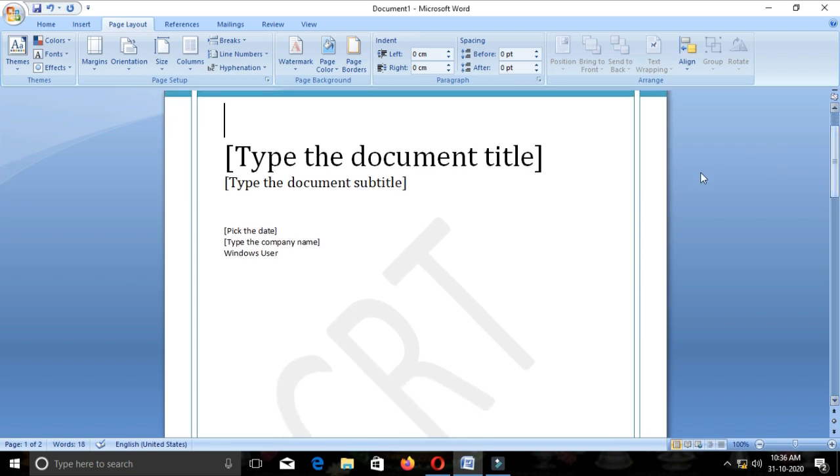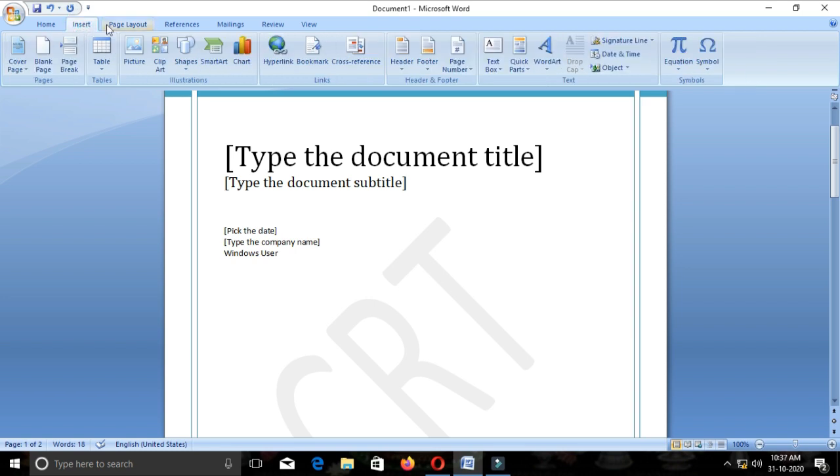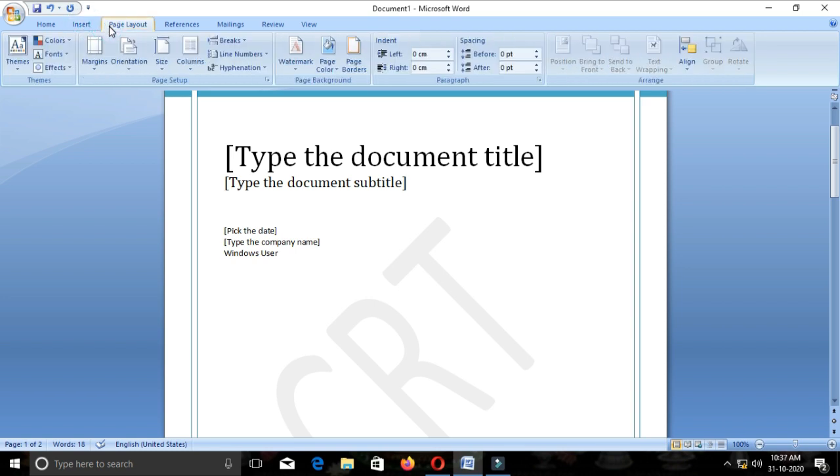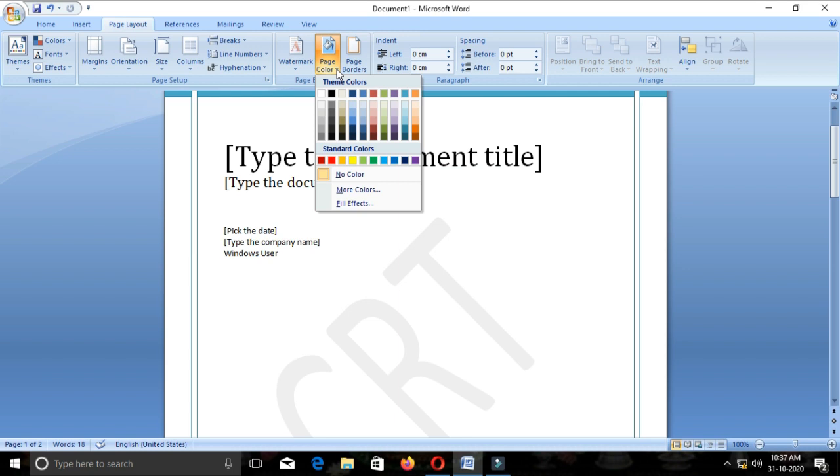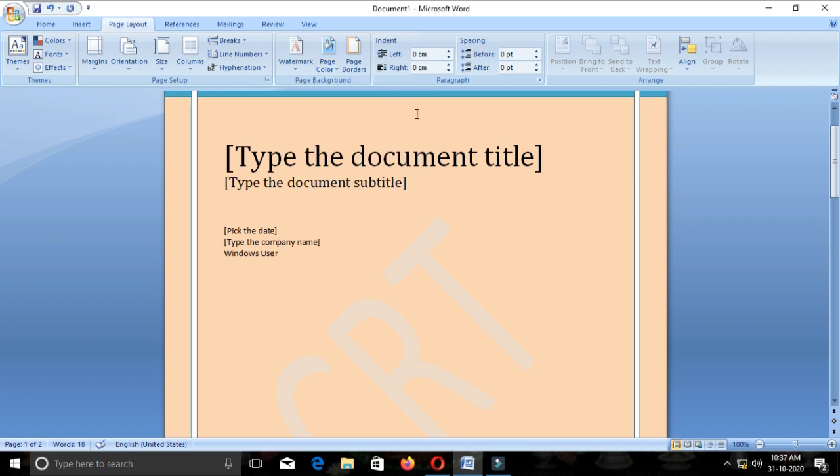If you want to change the document color also, you can change it. That is available in Page Color. See how it looks.